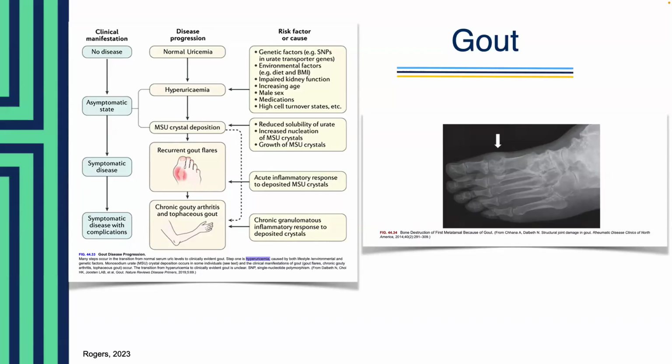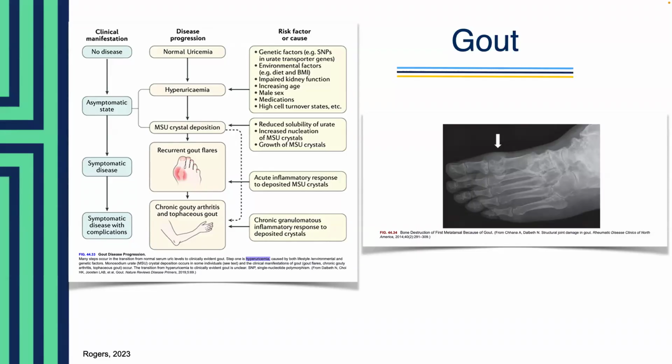After this acute attack resolves, the patient then enters what we call the intercritical period. The intercritical period is the period between the acute attacks when the patient is asymptomatic. However, the hyperuricemia still persists in this stage as well. The fourth stage is chronic tophaceous gout, in which we see the recurrence of attacks and uric acid crystal deposits in tissues, forming tophi, which are lumps under the skin. This can cause joint deformity and even lead to kidney stones.